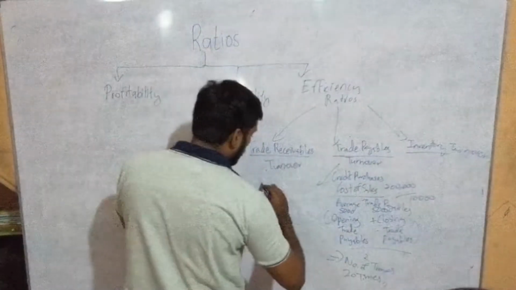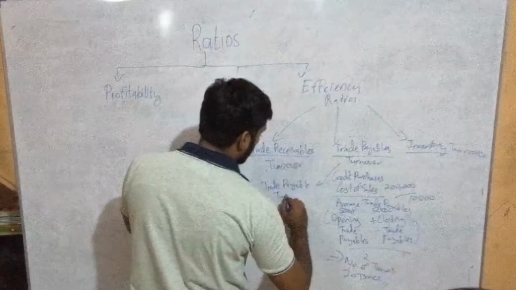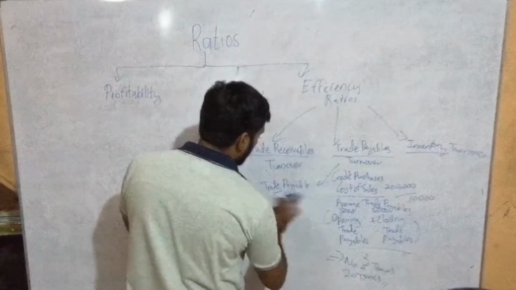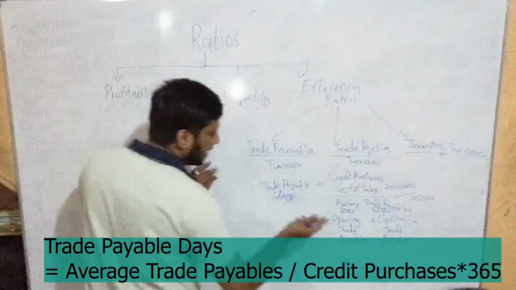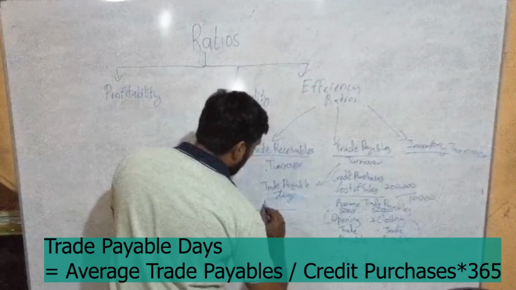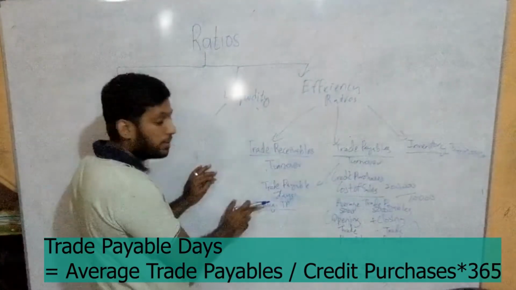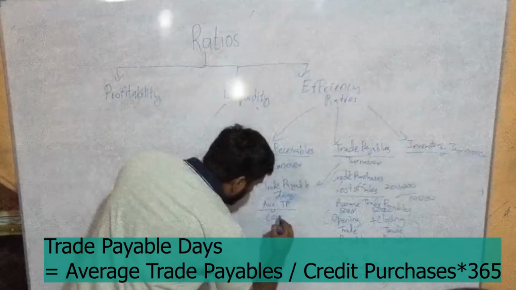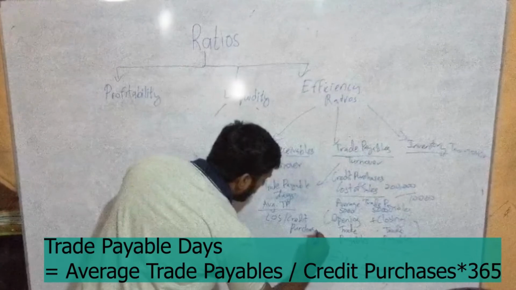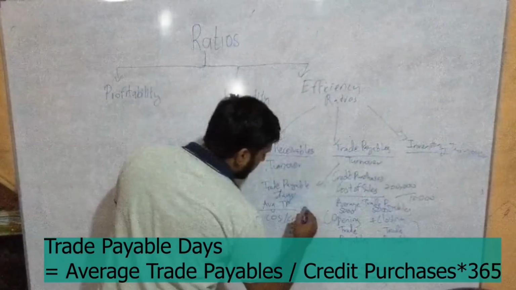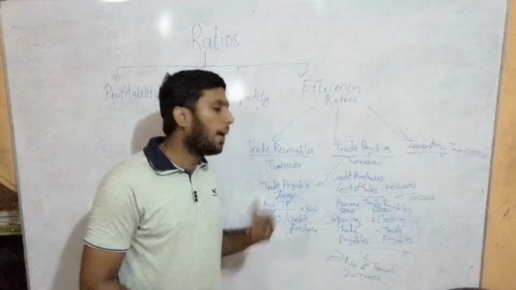Then there's something else you need to know: trade payable turnover days, or you can just say number of days. I can write days. So trade payable days, how do you get that? As I said, your average trade payables will come up, and you will have something down. Average trade payables up and something down. What do we see? Cost of sales or credit purchases. So again, if you multiply by 365, you get the number of days, which represents how many days it will take to make the payment.